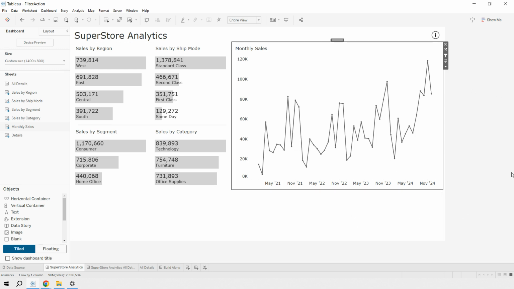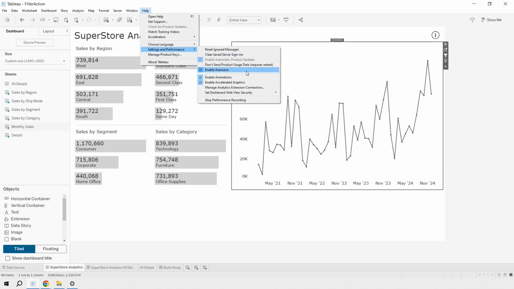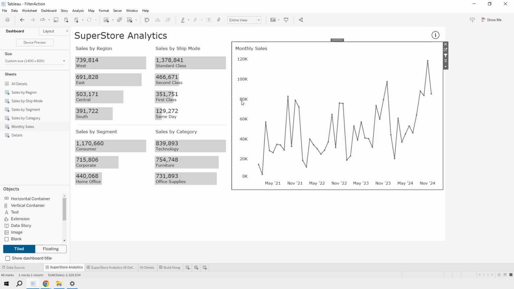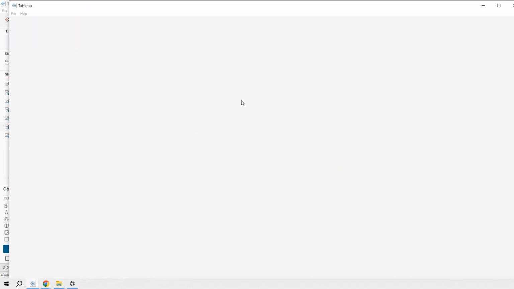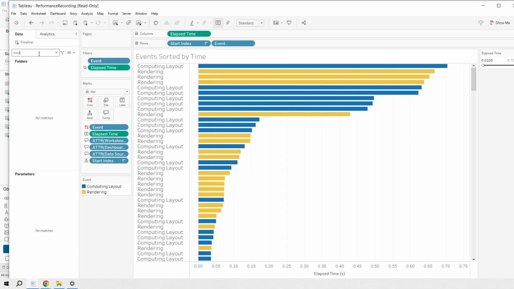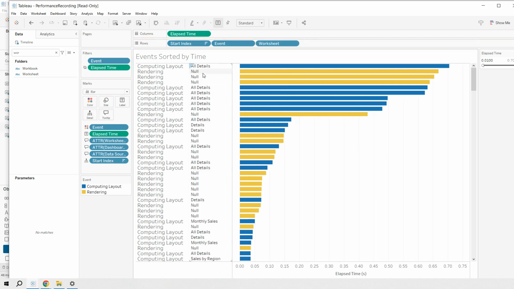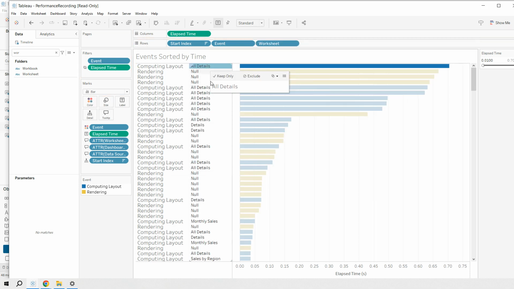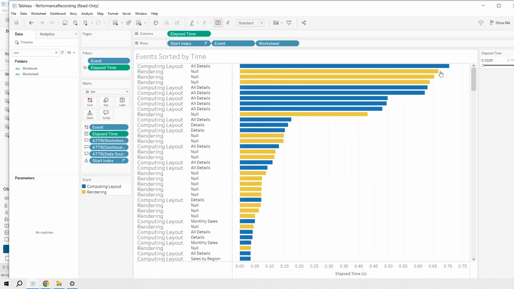Now that I've interacted with both these tabs, I can go back to Help, Settings and Performance, and stop my performance recording. Behind the scenes, Tableau is now going to spit out this performance recording sheet. How can we read this performance record worksheet? Bring it over here. As you can see, my all details tabular view is the worst offender